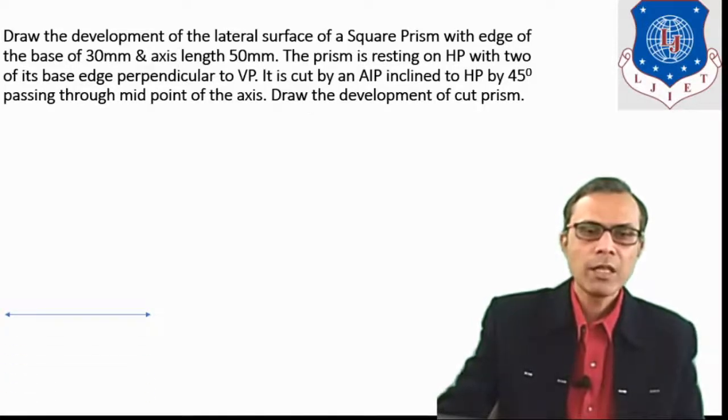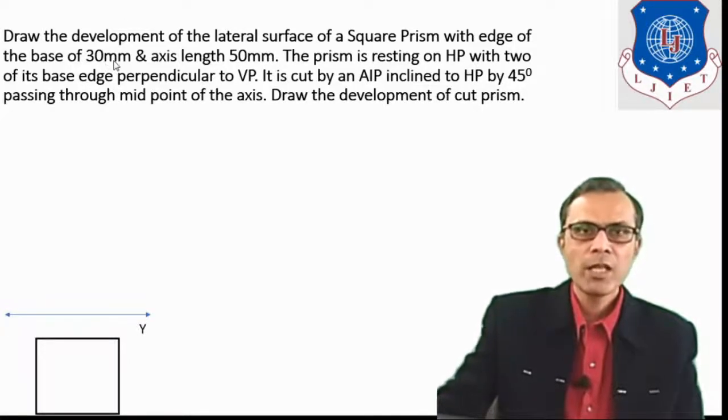So here the given solid is a square prism, and in the first step we will draw the development without considering any cut. So we will draw the development of a regular prism. Initially we have to follow the steps which are the same as we were doing in case of projection of solid. So first of all we will draw front view and top view for the given condition. Here a square prism is given. So first of all draw reference line XY. True shape of the base is seen in top view. So draw a square of size 30 mm in top view.